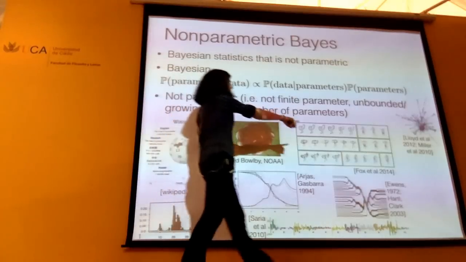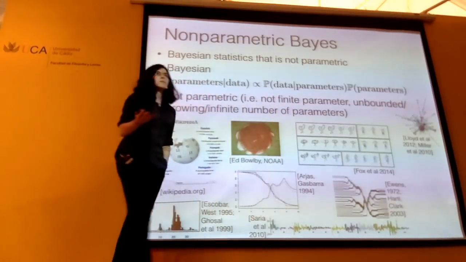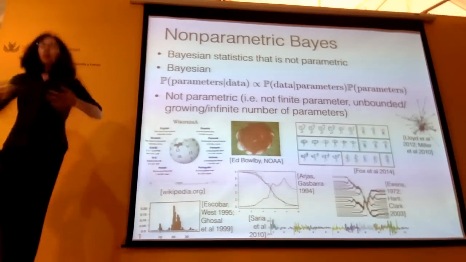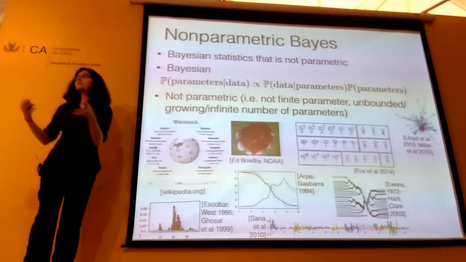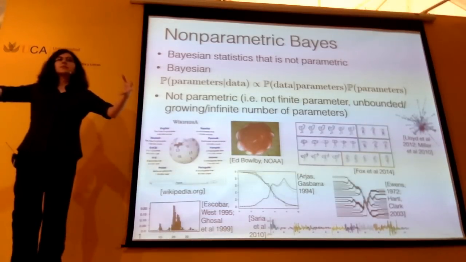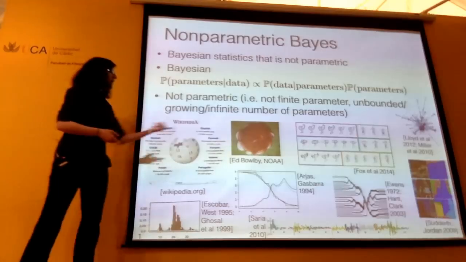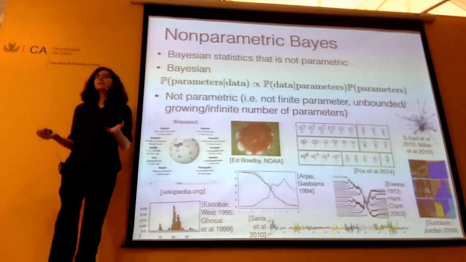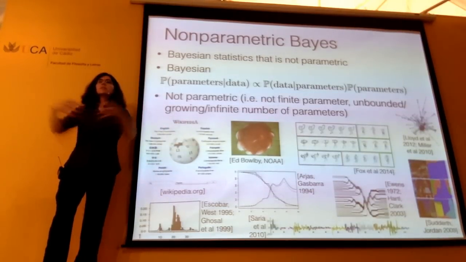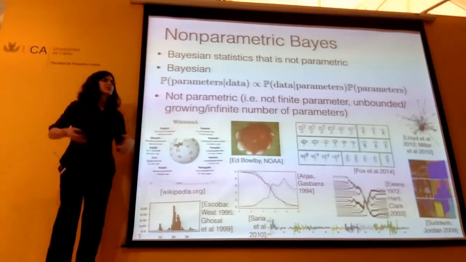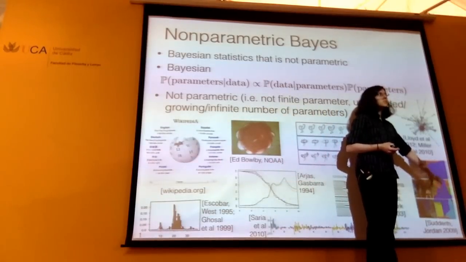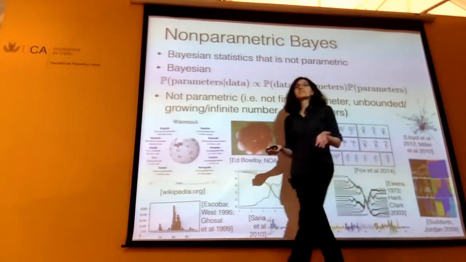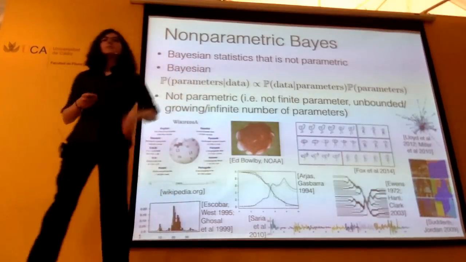In graphs, in social networks, you can imagine, on Facebook, on Twitter, whatever social network you subscribe to, there are going to be more and more different types of social groups, more and more different types of latent interests that you might discover in that graph as more people join that social network. Images: you might have a collection of images, and you might discover that there are more and more different latent objects in those images. I mean, we know where the objects are, but for a computer, you want to be discovering these objects, and so you want to have the option to say, oh, there are objects that I haven't seen before. New objects to be discovered all the time.